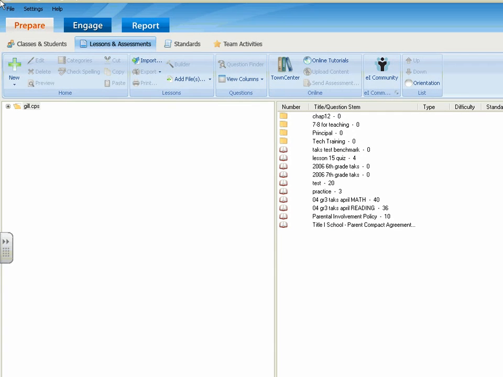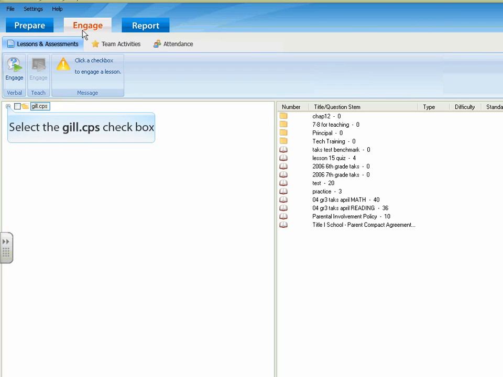When you have your CPS database open and you would like to engage the students in a lesson, you will need to click on the Engage tab. When you open the Engage tab, you'll see that you have 3 sub-tabs: Lessons and Assessments, Team Activities, and Attendance. And then what you want to do to be able to see your lessons is you'll have to expand the